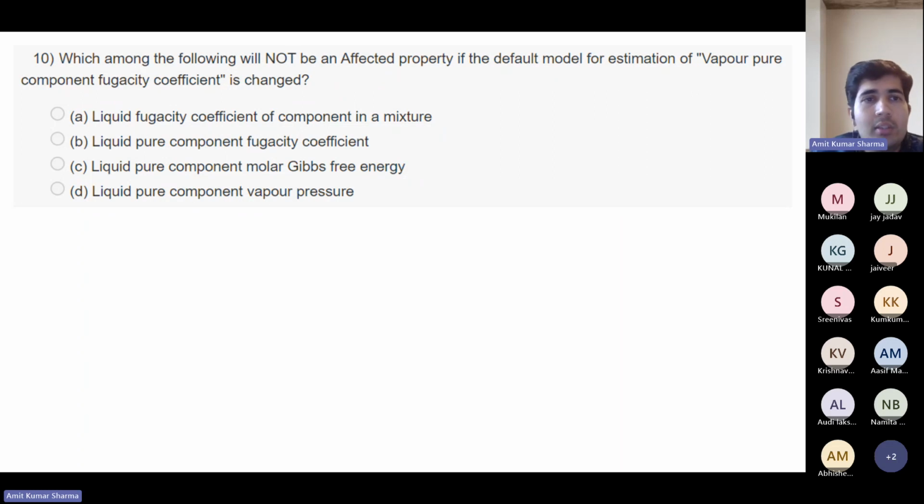Okay, so we have four options: liquid fugacity coefficient of component in a mixture, liquid pure component fugacity coefficient, liquid pure component molar Gibbs free energy, liquid pure component vapor pressure.